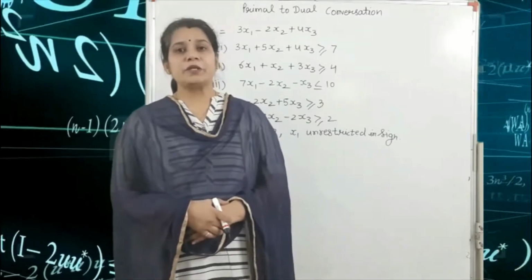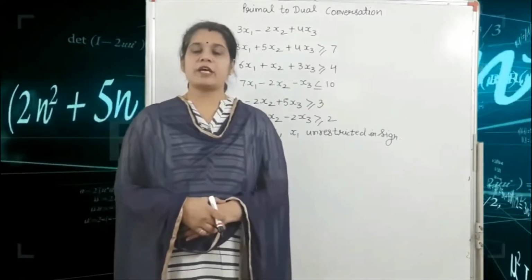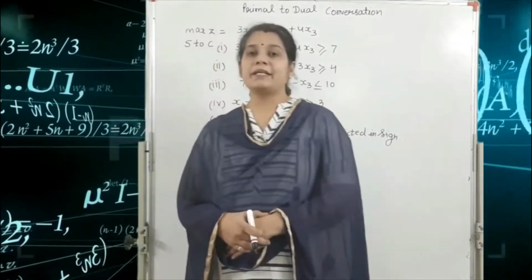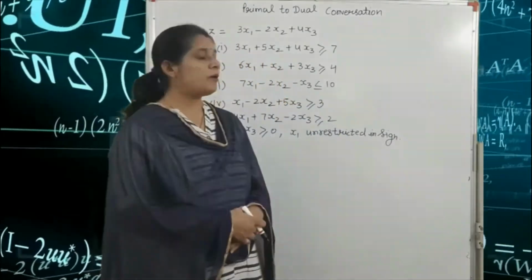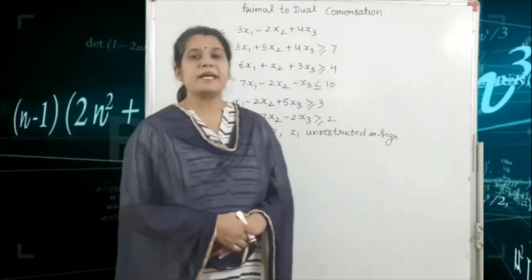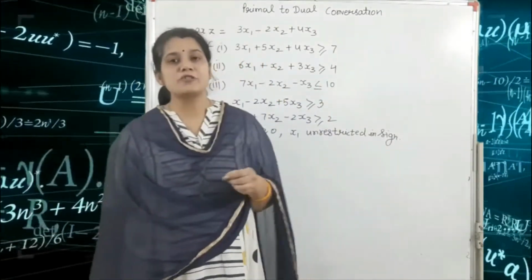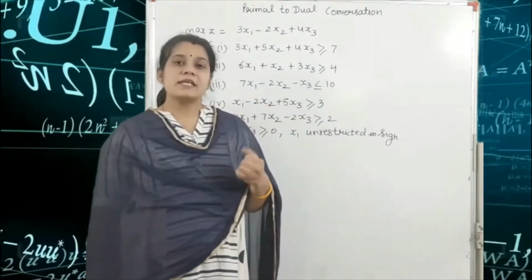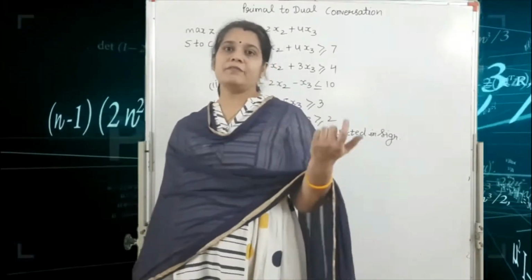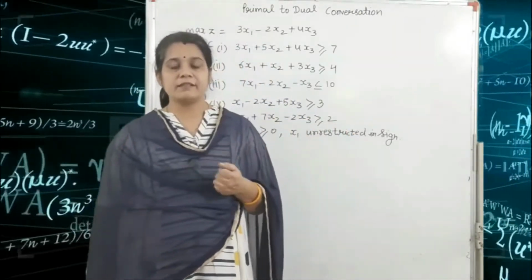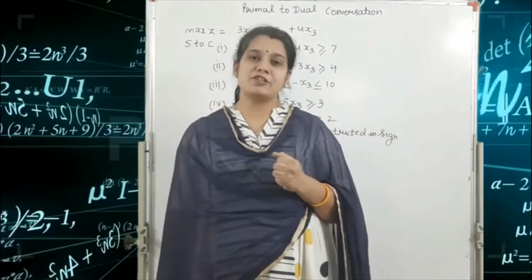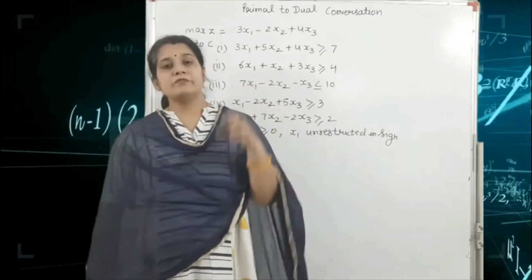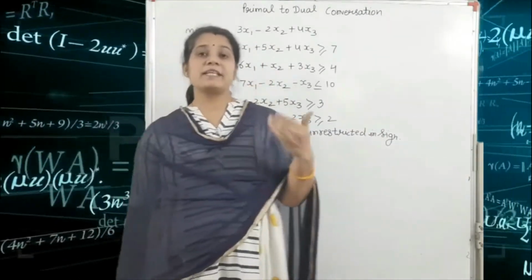Everyone. Today I am going to tackle a lecture of Operation Research, chapter number 1, Linear Programming Problem, and the topic is primal and dual. With the help of primal and dual, we convert a maximization problem into the minimization form and the minimization problem into the maximization form. Sometimes a question is given in the minimization format while we are solving with the simplex method, so with the help of dual and primal, you convert your question into the maximization form.